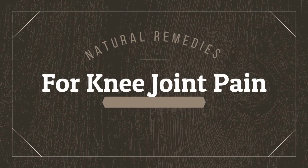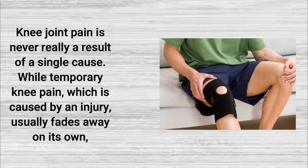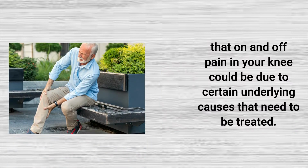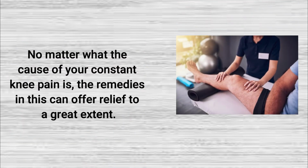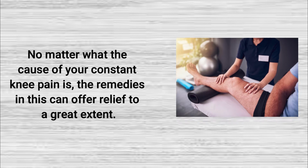Natural remedies for knee joint pain, a result of a single cause. While temporary knee pain which is caused by an injury usually fades away on its own, that on and off pain in your knee could be due to certain underlying causes that need to be treated. No matter what the cause of your constant knee pain is, the remedies in this can offer relief to a